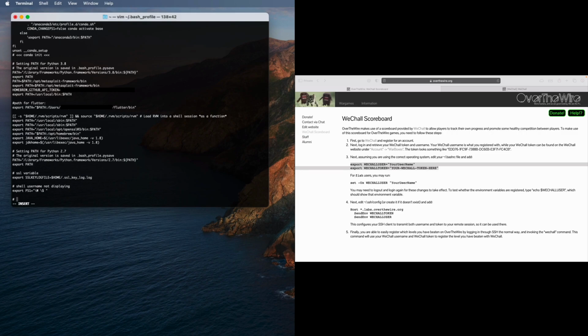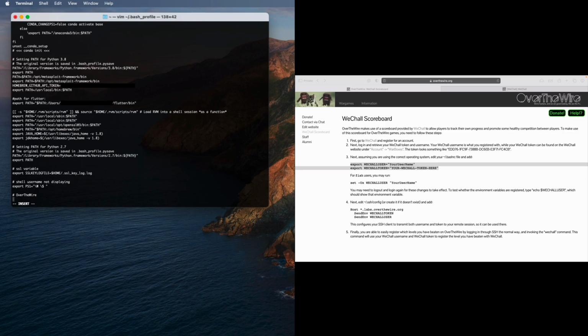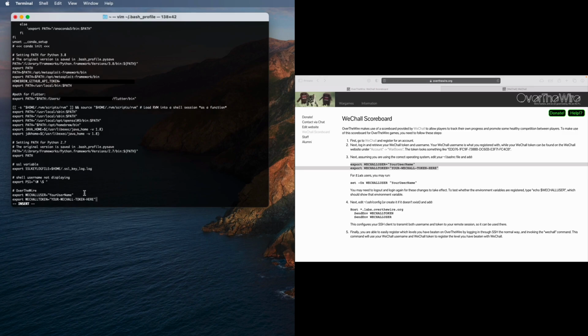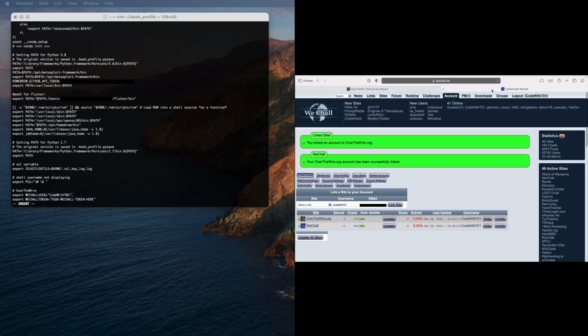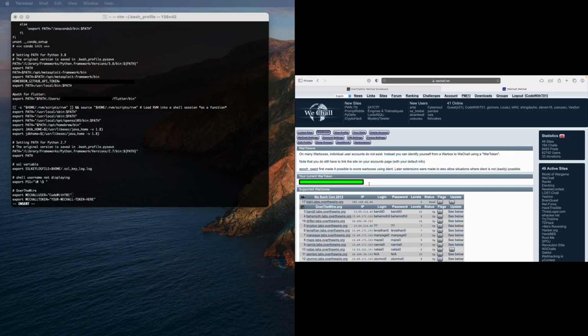We will make a comment for our OverTheWire website. I paste it in. My username is codewt01. And our token, we will find this when we go here to the war boxes, our current token. We'll copy this, delete all of this, paste it. Now, to exit and save this file, we will first hit the escape button,